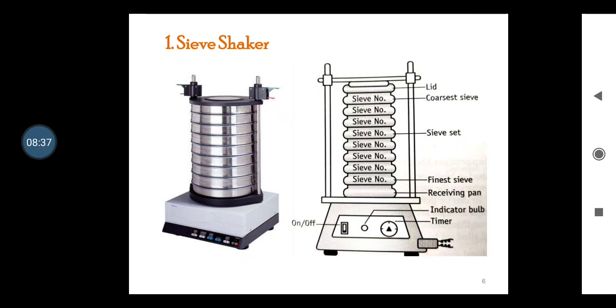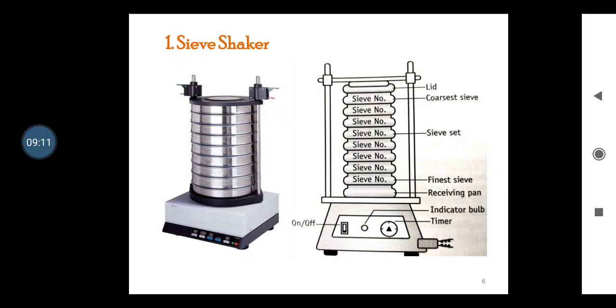Standard sieves, as far as construction is concerned: standard sieves of different mesh numbers are available commercially as per the specifications of different official compendia. These sieves are fixed in a mechanical shaker apparatus. If you look at the diagram on the right hand side of your slide, you can see the mounting of the sieves. Then the different labels are there, which indicate the construction of this sieve shaker.